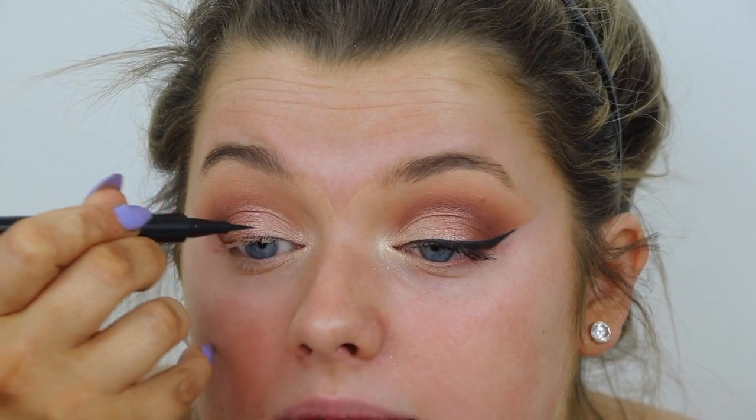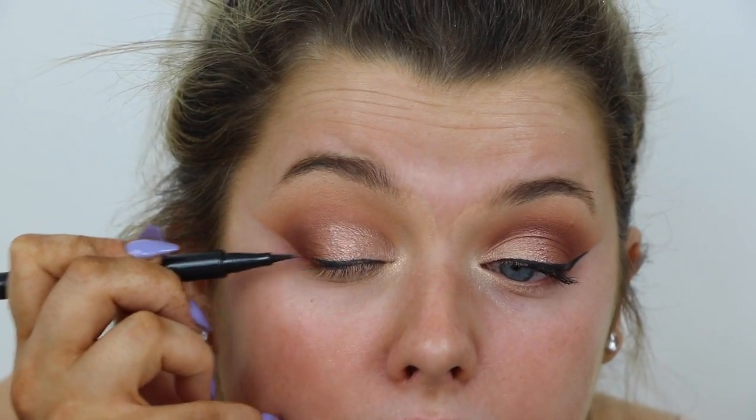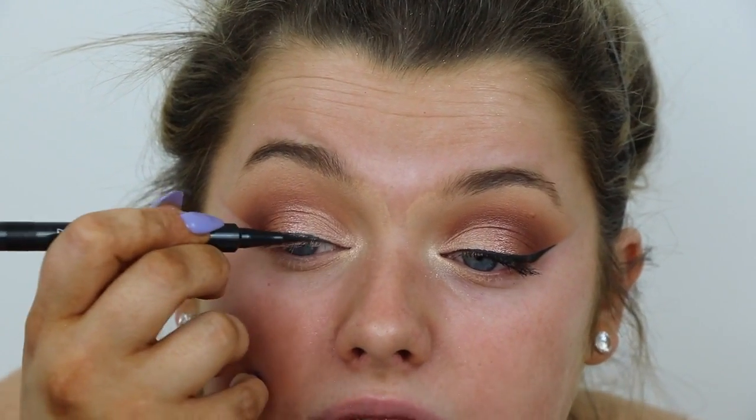And also I've got really fluffy, wispy lashes, and I really want them to show. So I don't want any thick eyeliner to take away from that. So I'm just going to start on the inner corner, and the tip of this makes it super easy to get a defined line. But I always like to use the sides of these pens. I feel like it's how you get the most pigmentation. And normally you get thicker as you go out, but today because I want it to be really thin, I'm keeping it the same all the way across